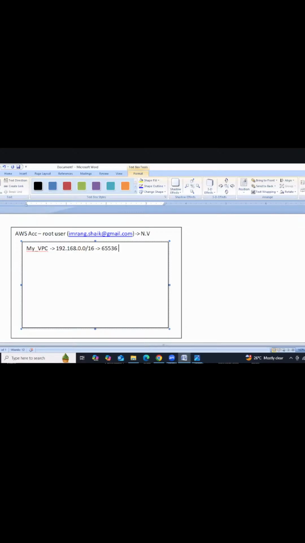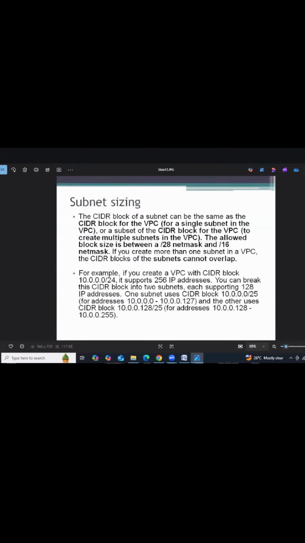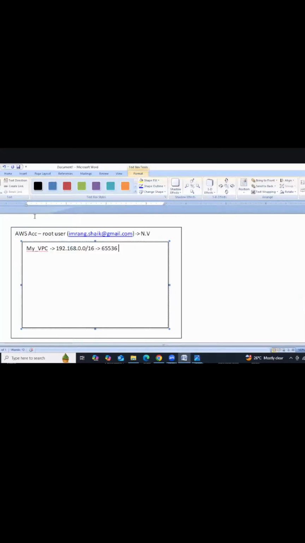Inside the VPC, what is the second step, guys? First, we need to create the VPC. Second, we need to create a subnet. Inside this VPC, we are creating one subnet.